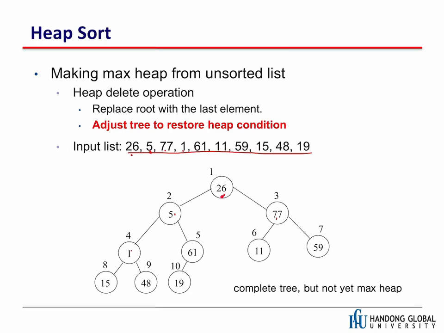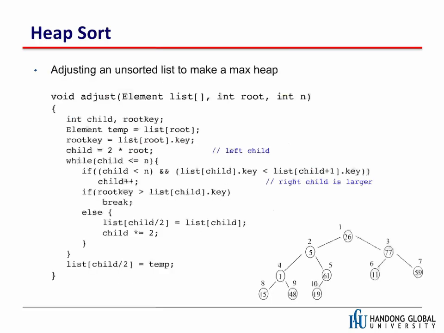Okay, so this is a complete tree, and this is not a max heap. 26 is smaller than 77, so this is not a max heap yet. Now we are going to adjust the unsorted list to make a max heap. Okay, and then this one,